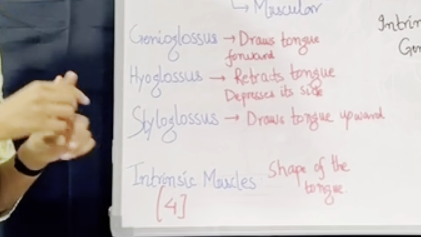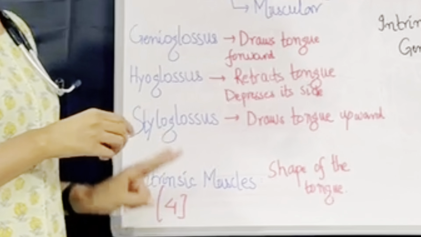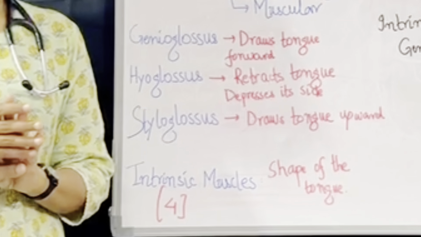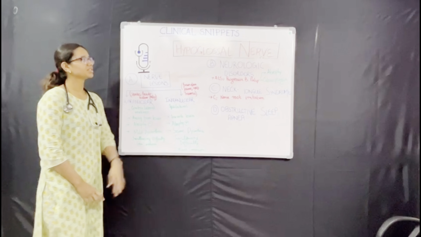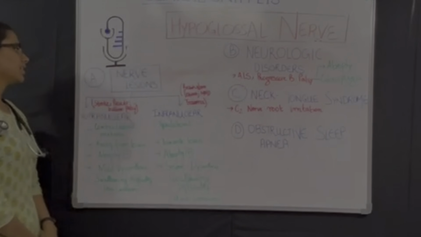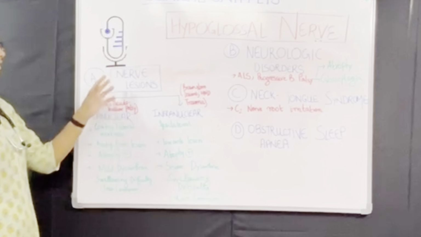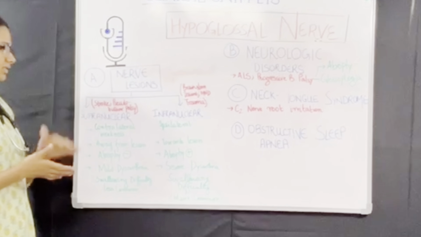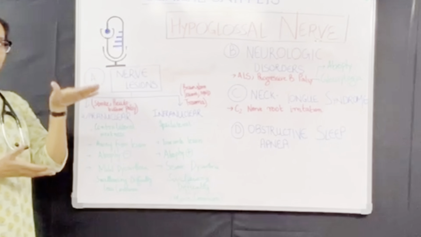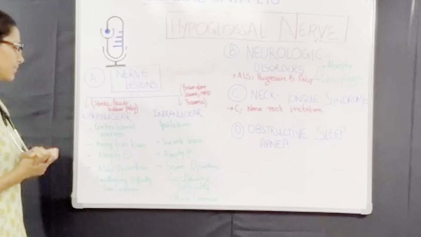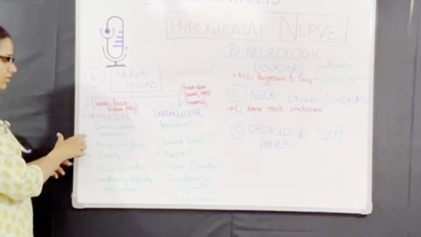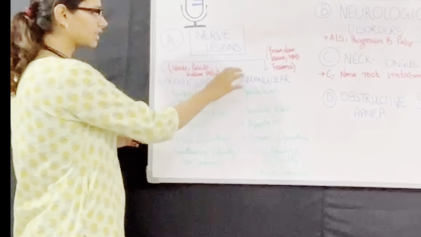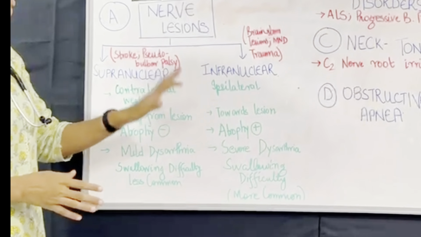They are superior longitudinal, inferior longitudinal, transversus and verticalis. Now let us study some disorders of the hypoglossal nerve. First, let us study the nerve lesions. Now in a supranuclear lesion, the lesion is above the level of the hypoglossal nerve. So there is contralateral weakness of the nerve, and in an infranuclear lesion there is an ipsilateral weakness of the